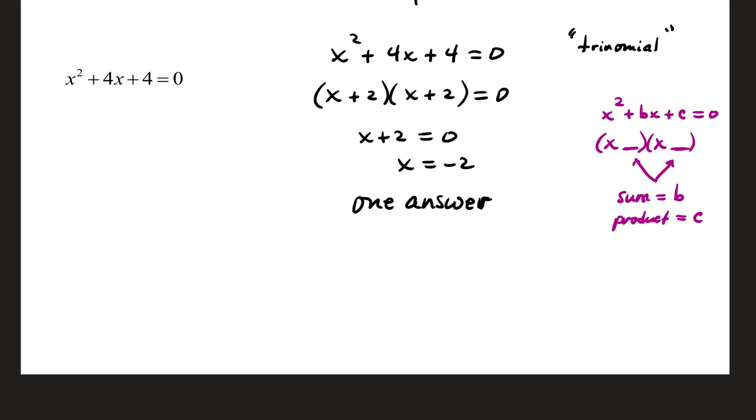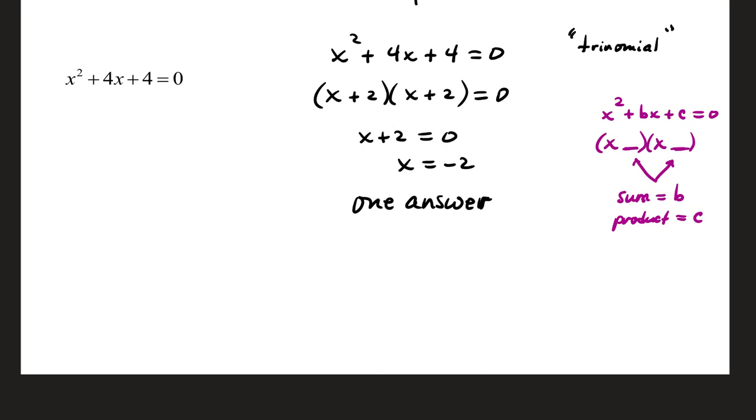we have three terms. The first two have an x in common. The second and third have a 4 in common, but there's nothing in common among all three. There are three terms. That's called a trinomial. With trinomials, you'll have a quadratic term, a linear term, and a constant term. The idea is to split your x squared into x times x, but to fill in the rest of your parentheses, you've got to pick two numbers that have a sum of b, your middle value, and a product of c,